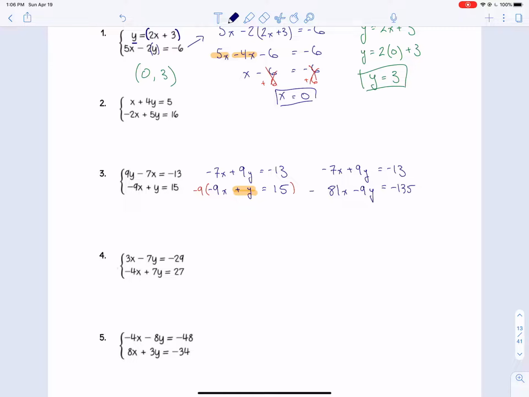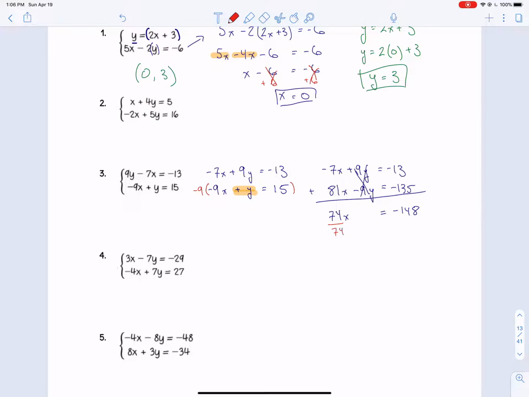Okay, so now I'm going to add these two equations. So I have 81 and negative 7, so I'm combining those. So I'm going to get 74x. Then here are the variables that were eliminated. That's a 0. Then I have negative 135 and negative 13. So I combine those to get negative 148. Okay, and then the final step,